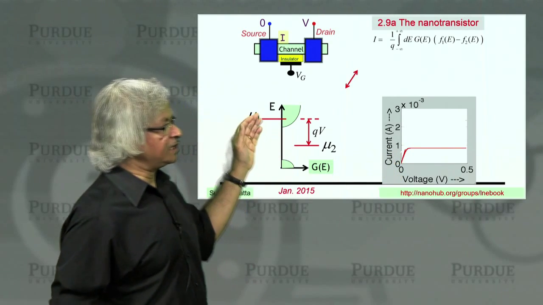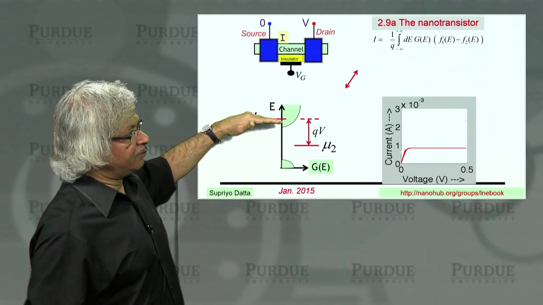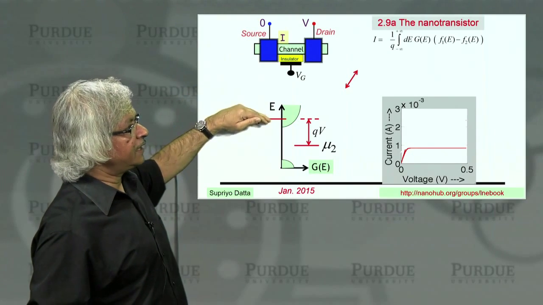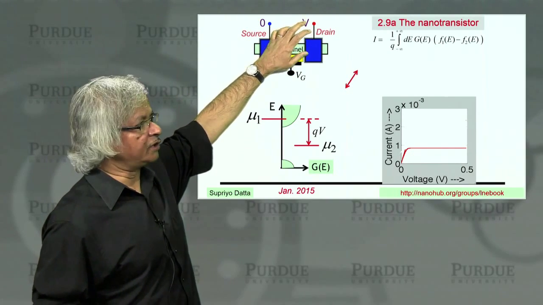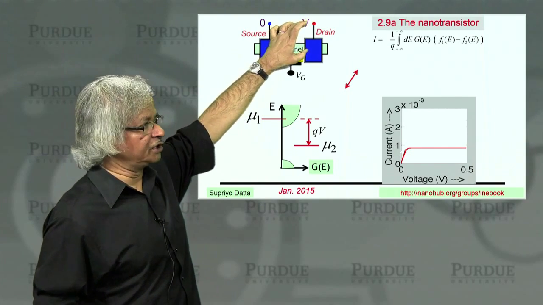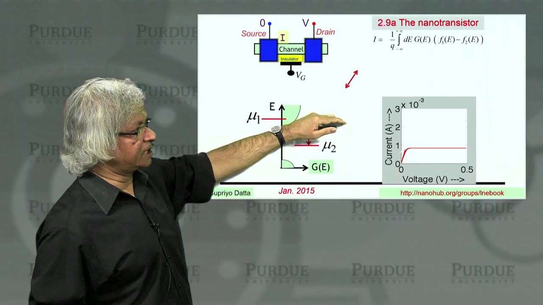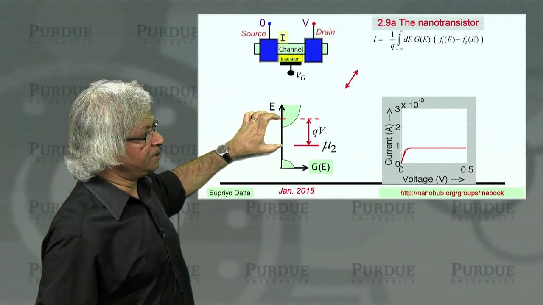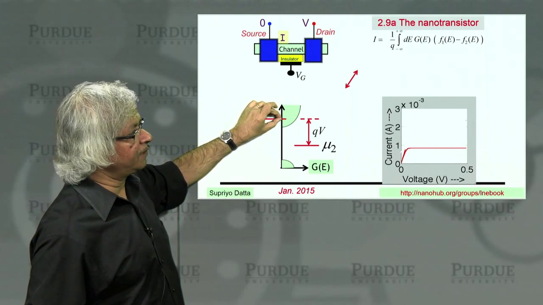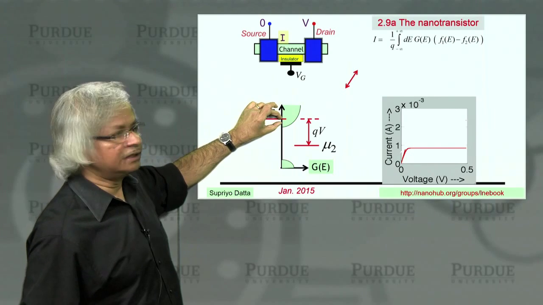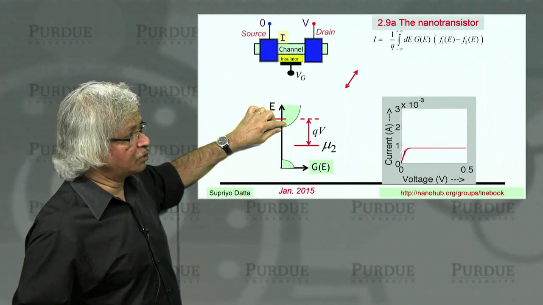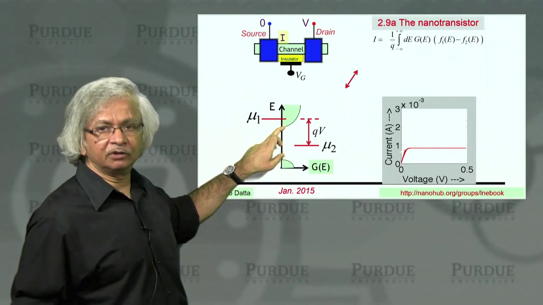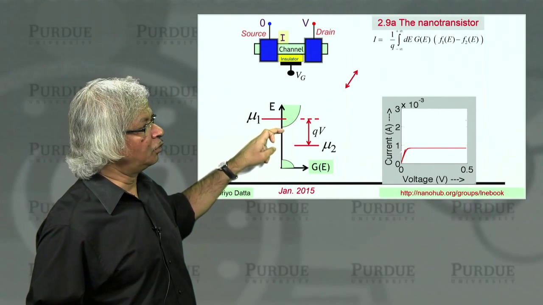The reason is that you see, when you apply a voltage, the way we are thinking is the source is our reference. That's what we call 0. And then the drain has a certain voltage on it. So as you put a bigger and bigger positive voltage on the drain, the chemical potential in the drain goes down. And current flows in the window between mu1 and mu2. So in the beginning, when you put a little voltage, of course, more current flows because there are more channels available for conduction. But once mu2 has dropped below the band, you see there are no new states out here.